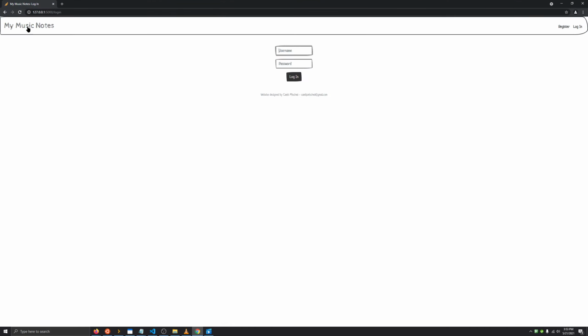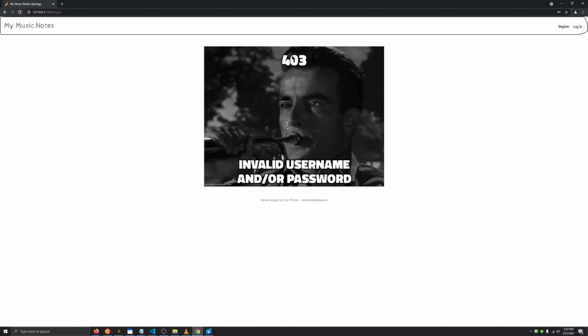So, My Music Notes, like I said, I've got this login screen. Of course, if we needed to, we could register and create a new account. Since I already have an account, I can log in. If I type something incorrect or something that wouldn't be allowed, I get this sad image of this guy crying